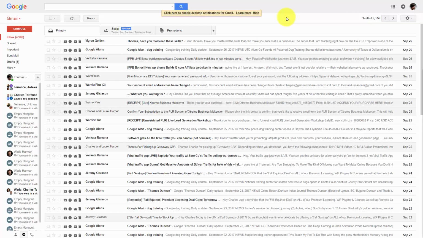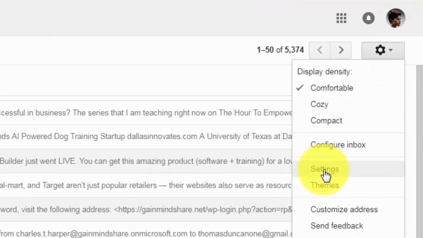Welcome back. We are now inside of Gmail. What we're now going to do is take a look at some things that we can do in Gmail internally to get more productivity. Now, one of the things that we can do is go inside of the settings area of our Gmail and going here,